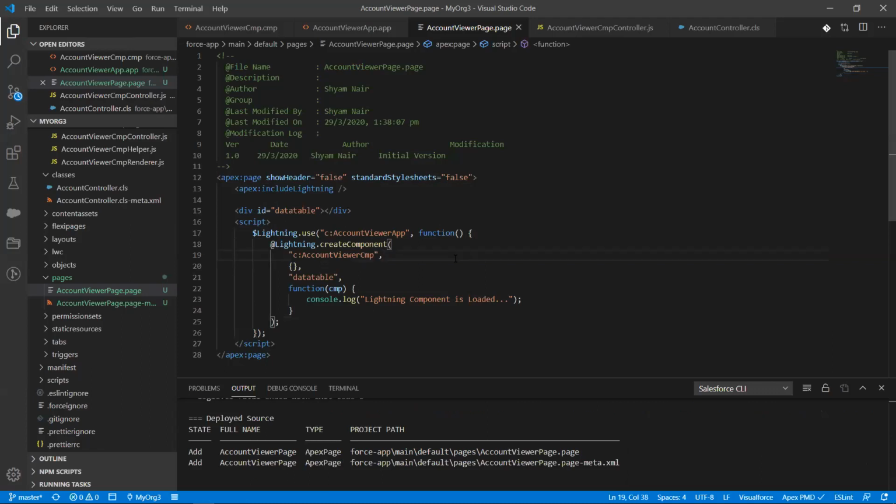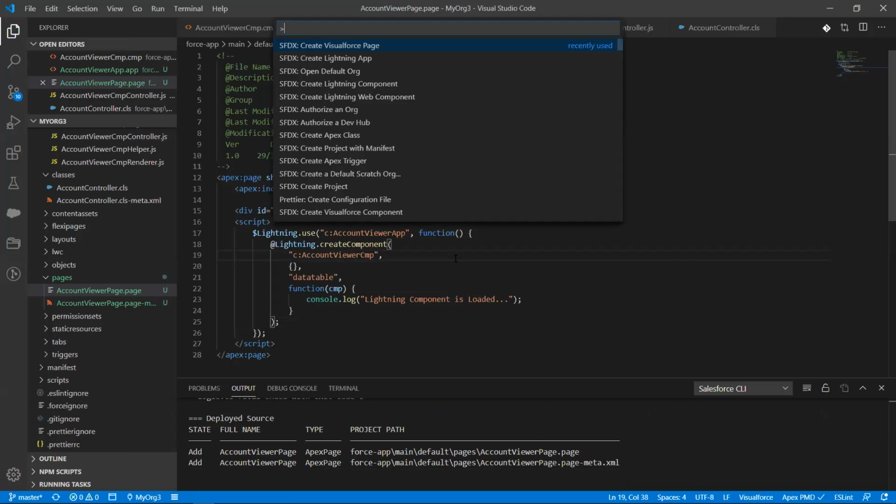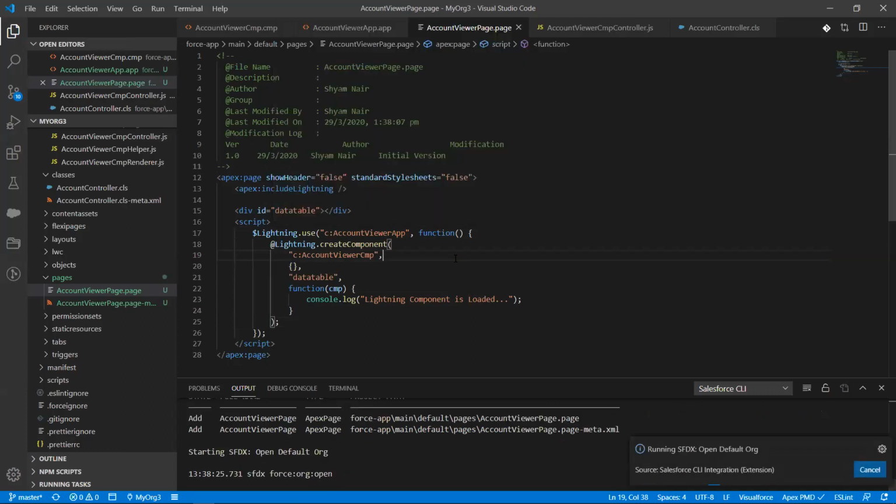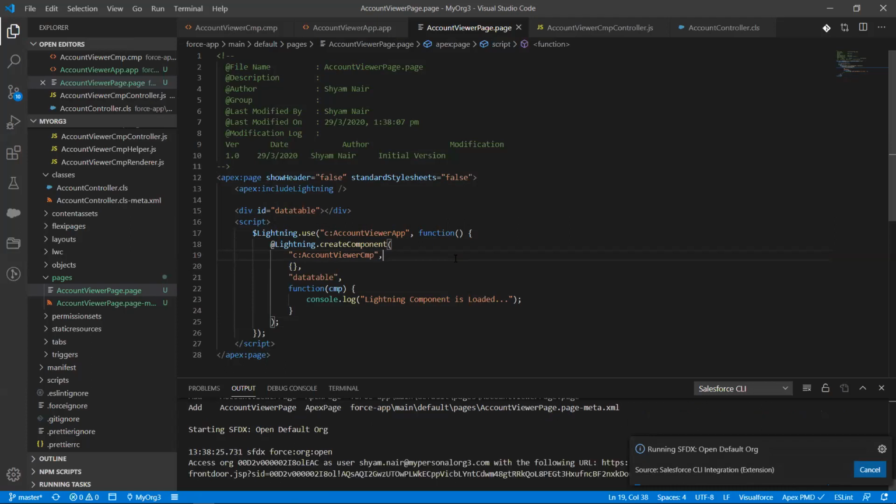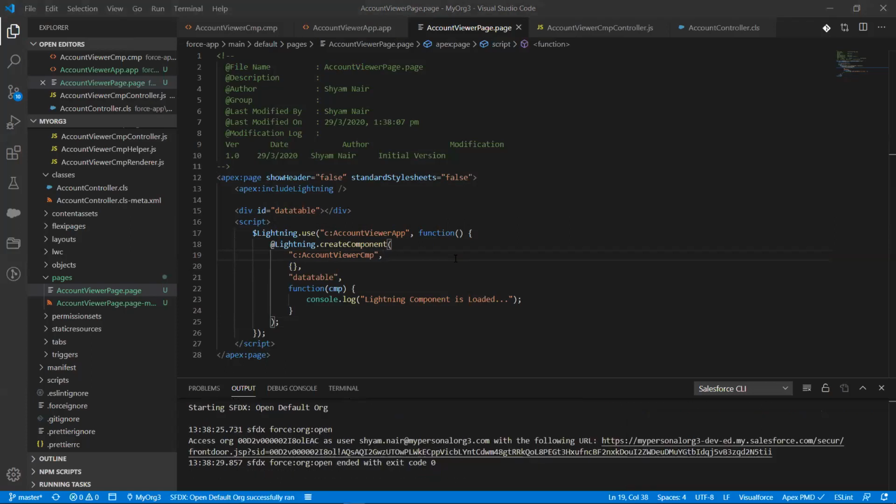So what I'm going to do is open my source org. I'm going to preview this Visualforce page. And when I preview it, it should basically display an account table, which will show the name and phone numbers of the accounts that are there in my org. So if you see most recent reviews, account viewer page, this is the Visualforce page that we just created. Yeah, this is the one. And if I preview it,